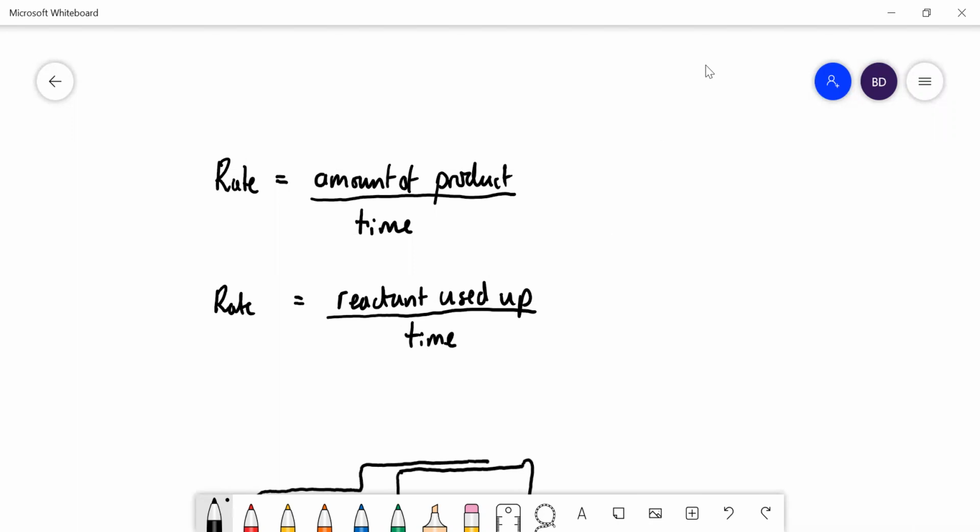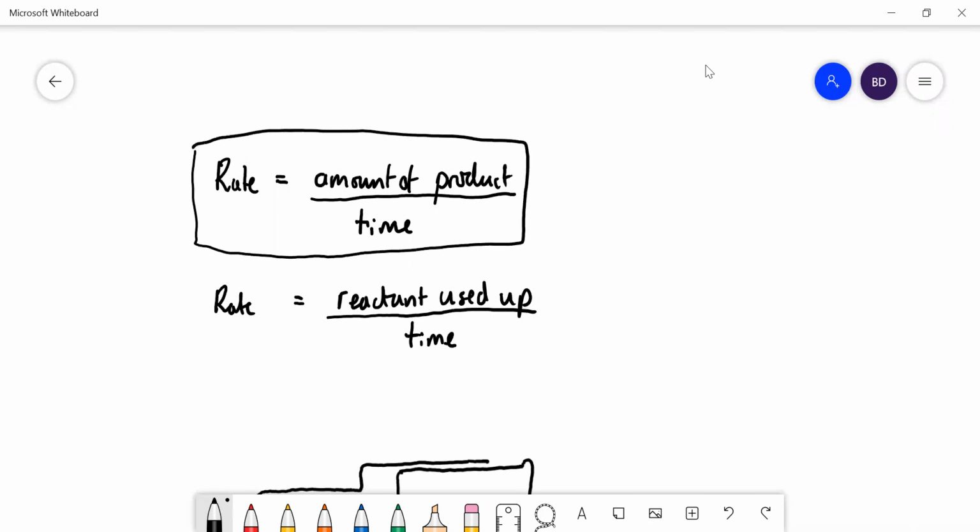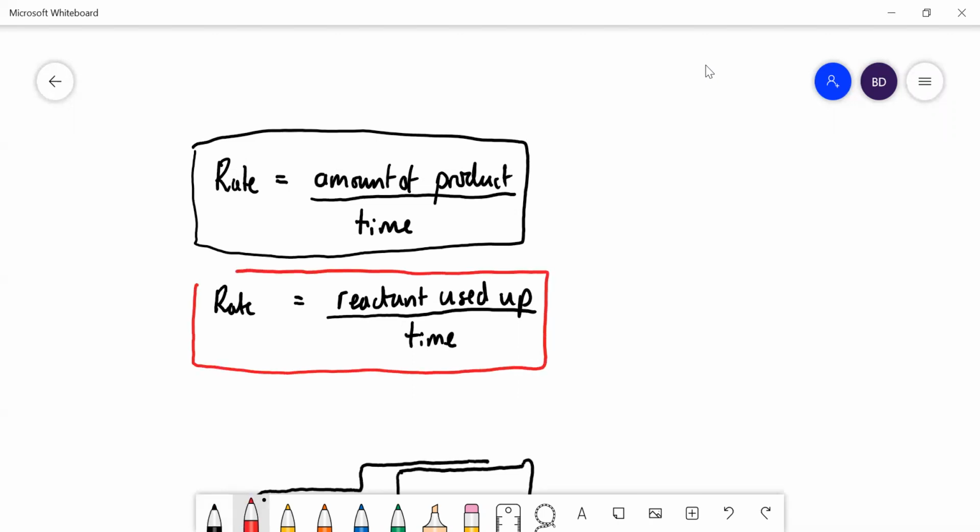The definition of a rate of reaction is either the rate is equal to the amount of product produced divided by the time, or it can be the amount of reactant used up divided by the time. And if you want units for those, well, for the amount of product, you can have